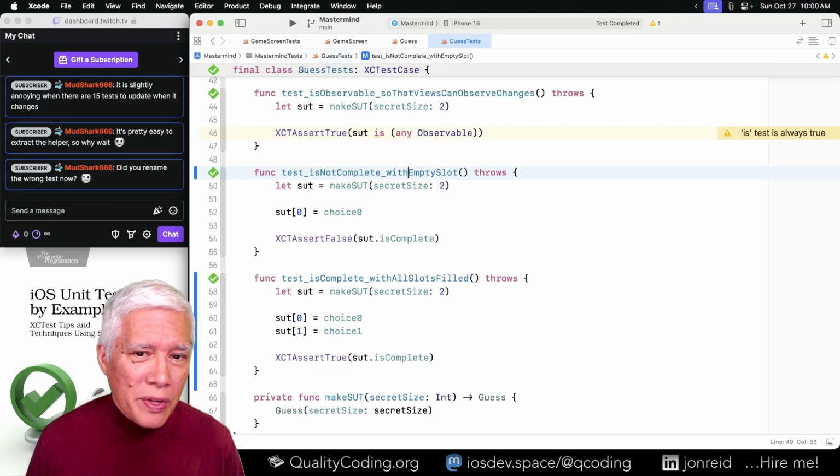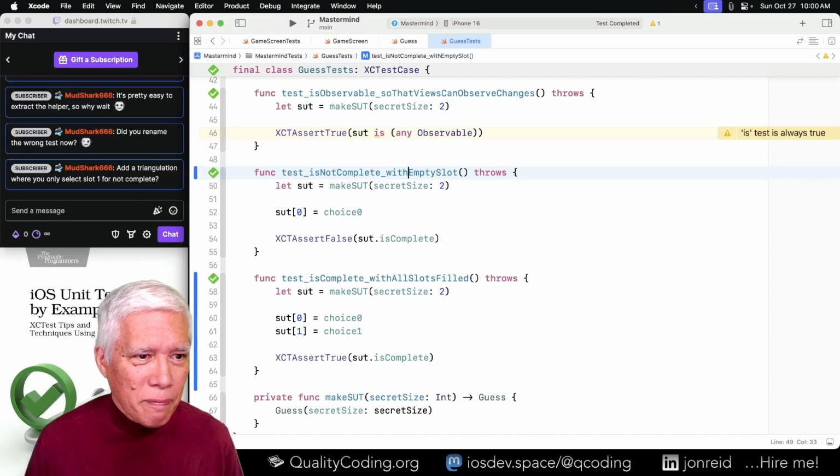So instead of with empty slot, right, this is triangulation, where this is with the second slot empty.